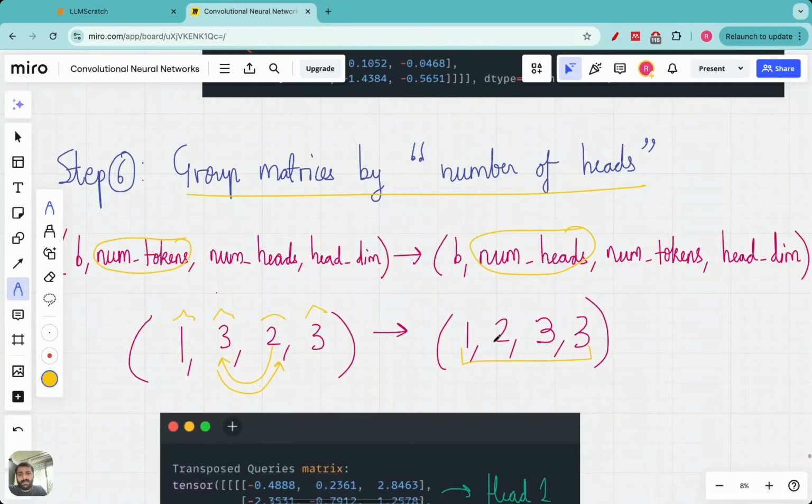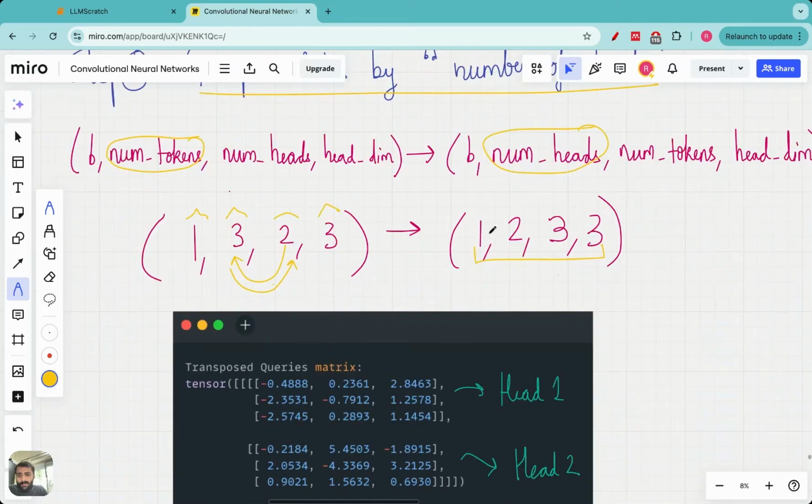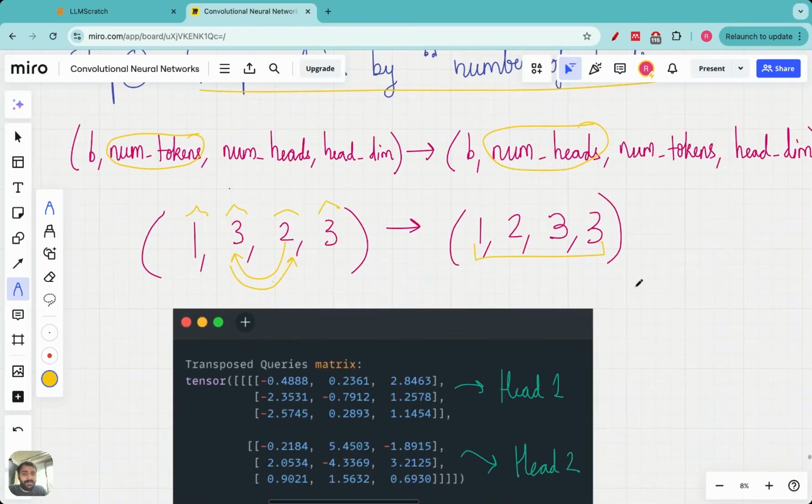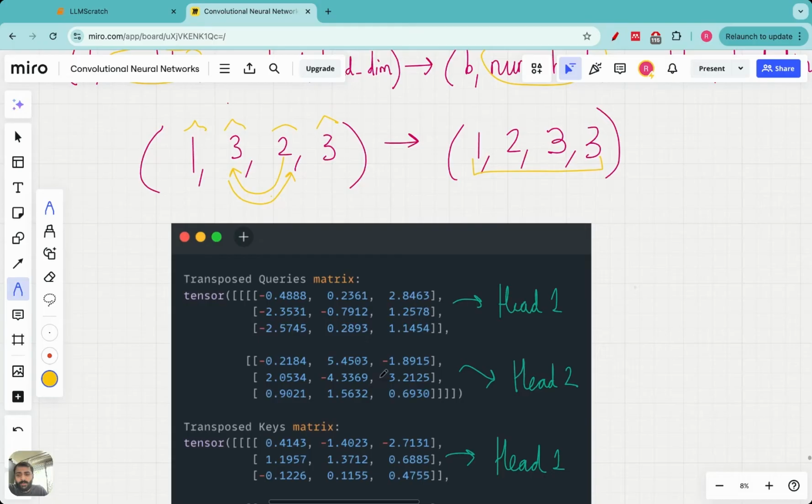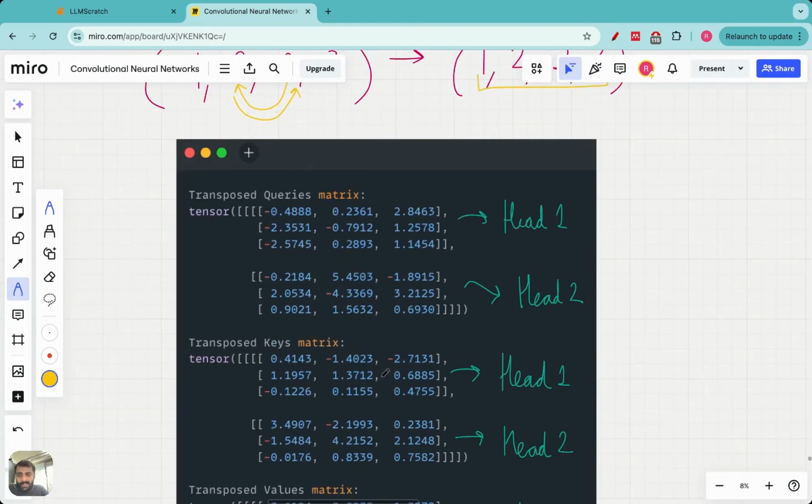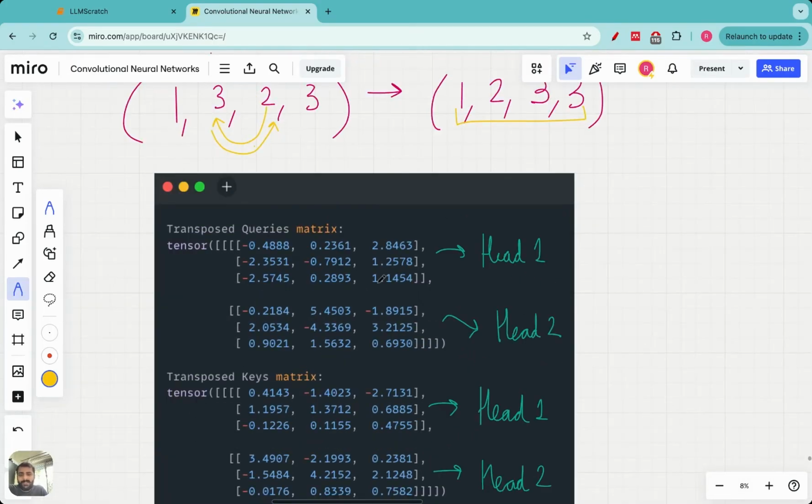So let's see what the result actually looks like. So when you make the 1 comma 3 comma 2 comma 3 to 1 comma 2 comma 3 comma 3, now the transposed queries, keys and values start looking like this. And now you will see that they are grouped by head. So the first thing we can do is let's look at this block in the queries. So we are analyzing the queries matrix now. The shape of the queries matrix is 1